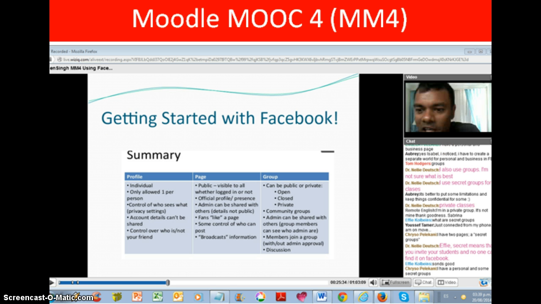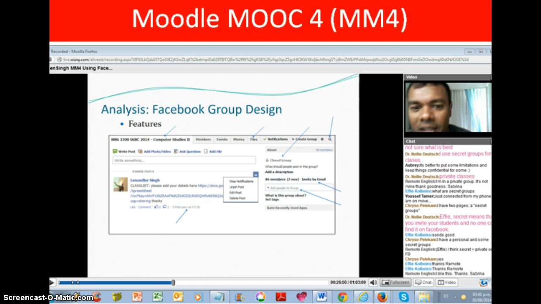Here is a summary chart of the different types of accounts in Facebook and their main features. The use of each kind of account depends on what we want for teaching. We have profile, page, and group. Lecturer Singh went on to say that, apart from these, we will show how to properly prepare a group on Facebook, the subject of this class. Here are the features that we have to pay attention to when designing classes with a group.